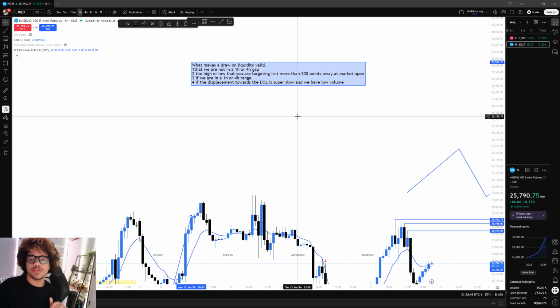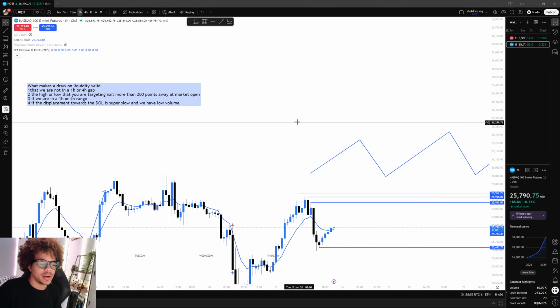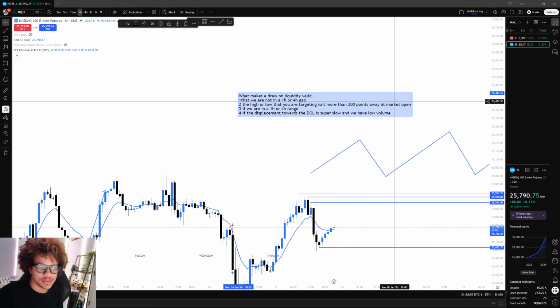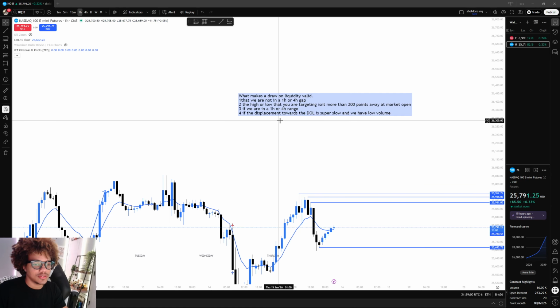All right, I saw someone do this too in my server. I don't know who it was. Someone sent me a trade, and I was like, bro, why are you taking that? But we're all learning, so it's okay. So if the displacement toward the drawn liquidity is super slow and we have low volume, guys,